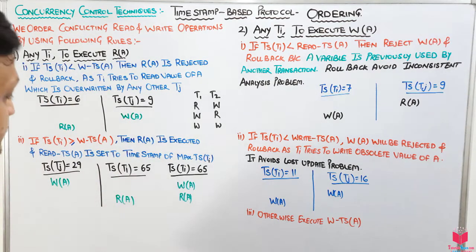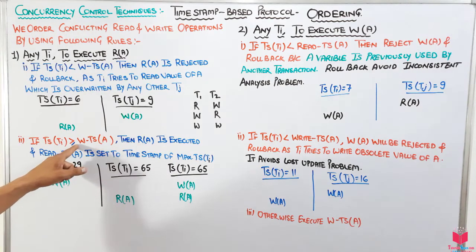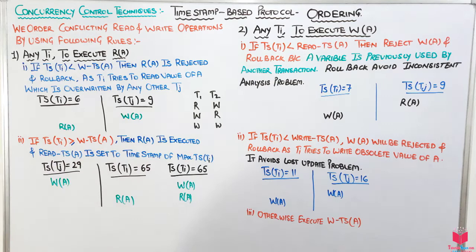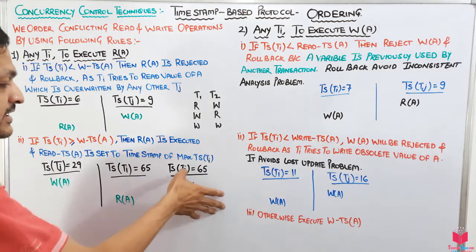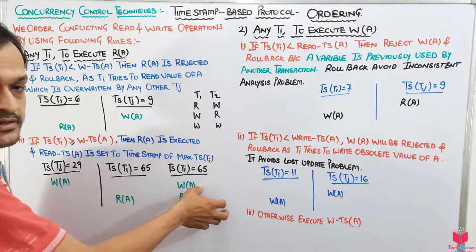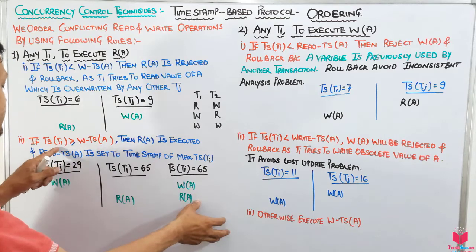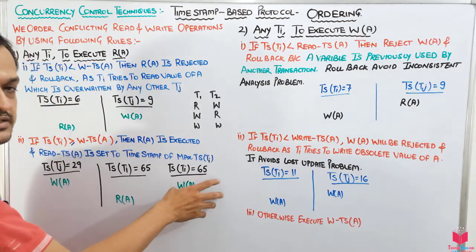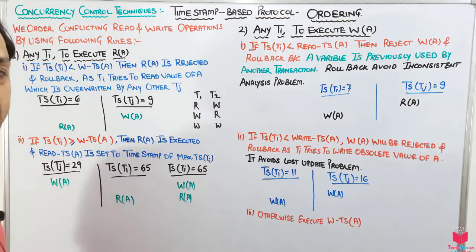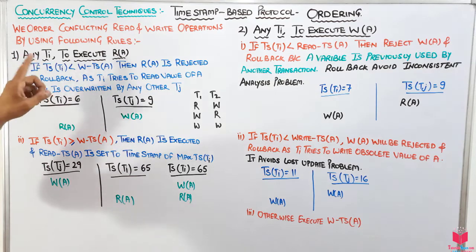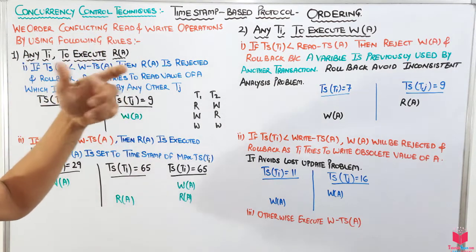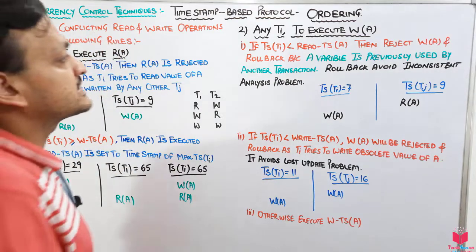Okay guys, and for the equal value, which means suppose a transaction has the same timestamp, that means transaction Ti first performs a write operation and then wants to read. The same transaction is coming for the write and then the read. Then there is another scenario: when Ti wants to perform a write operation, it has read operations but it wants to write now. For the write operation, what are the cases?